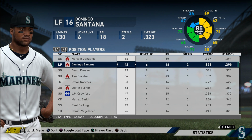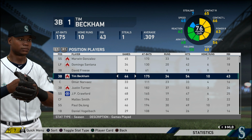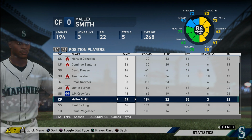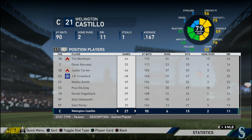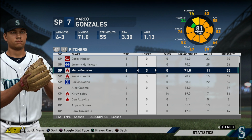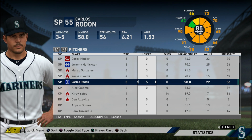And just looking at our offense here, I just want to look at the stats really quick as we round out the month of May. Marwin Gonzalez, Domingo Santana, David Freese, and Tim Beckham all hitting over .300. That's exactly what you want to see because half of those guys aren't even at the top of the order. Tim Beckham's the only one at the top of the order. Everybody else is kind of middle of the order guys. David Freese has been hitting at the top just because he's been hitting the ball really well. So I can't keep him out of the lineup if he's hitting over .300 and he's doing work at the